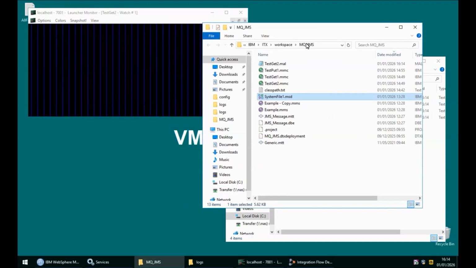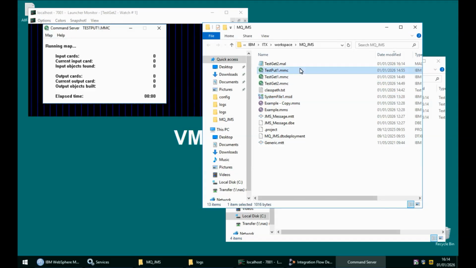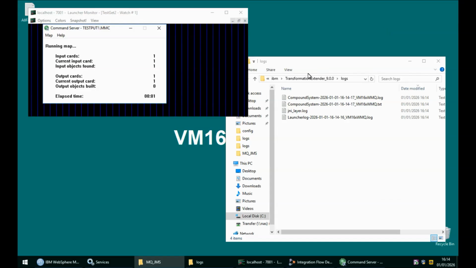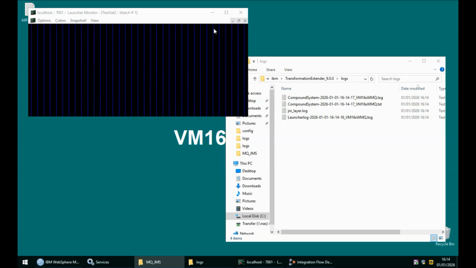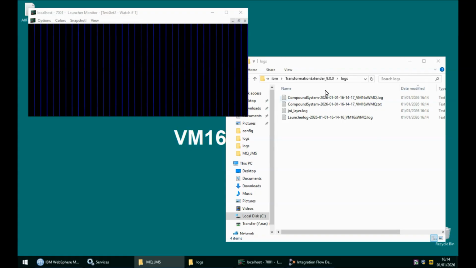Now if I double click on my test1 put map to put a message on the queue, move that window out of the way, you should see a green dot appearing on the monitor screen here as it picks up that message. It might be difficult to see, but it is there just floating above the mouse. You will note some logs have been produced for the launcher startup, and if we go into our map directory